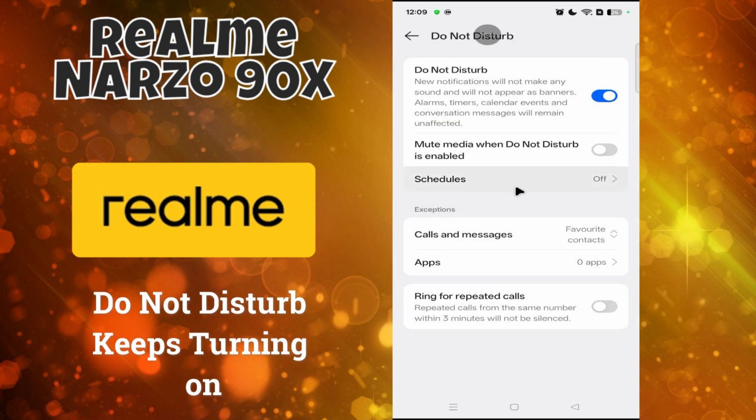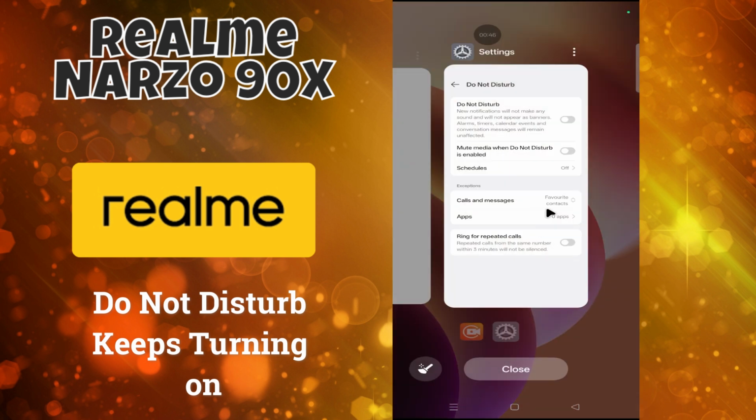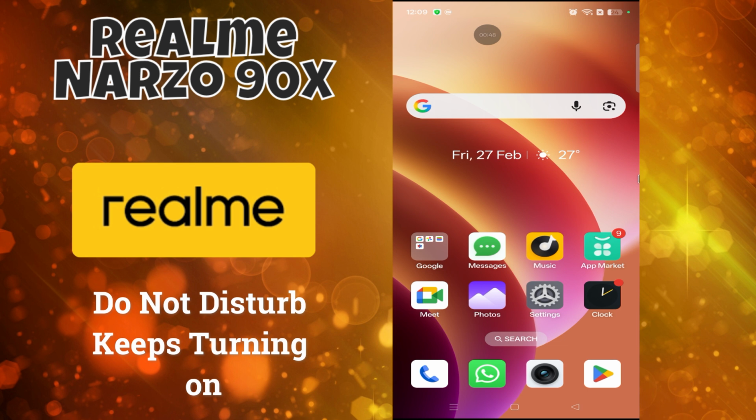After click on Do Not Disturb, turn off Do Not Disturb mode. After turn off Do Not Disturb button, go back to home screen. You will see your problem is solved. But if it is not solved,